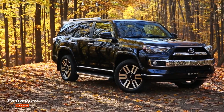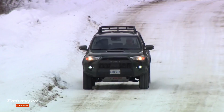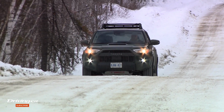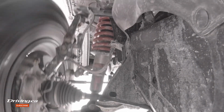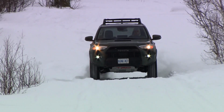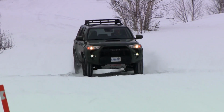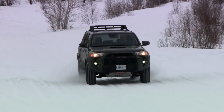Trim grades include the high-value SR5, the luxurious Limited, the adventurous Trail Edition, and my personal favorite, the TRD Pro. Fitted with specialized off-road hardware and suspension systems, I found this model to deliver a creamy smooth magic carpet ride over the crumbling back roads surrounding Sudbury, Ontario, even in the middle of pothole season. For maximum ride comfort on rough surfaces, and the ability to cover rough ground quickly and comfortably, this machine is